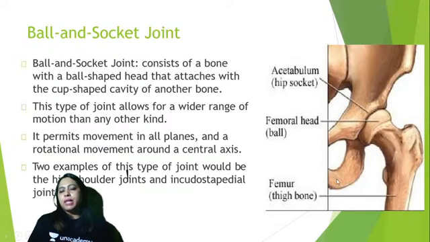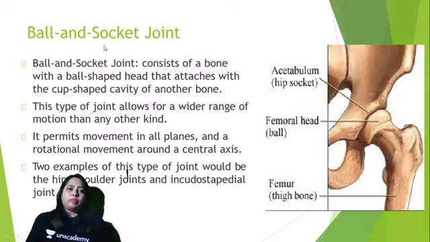Now here you can see that there is a deficiency in the lower part of the socket, and that is compensated because of the acetabular labrum and also the transverse acetabular ligament. Now here you know that it produces all sorts of movements in all different planes, and rotational movement is especially important when we talk about the ball and socket type of joint. Rotation movements within the central axis are possible. So a wide range of movement like rotation and circumduction is possible with ball and socket type of joints.